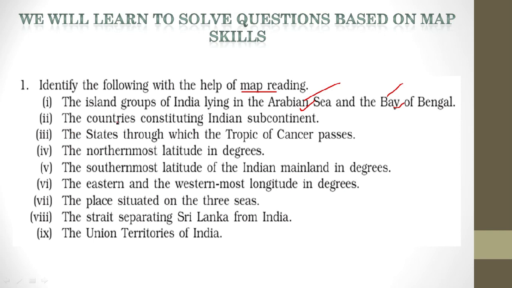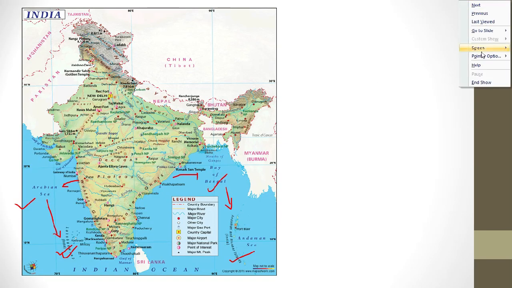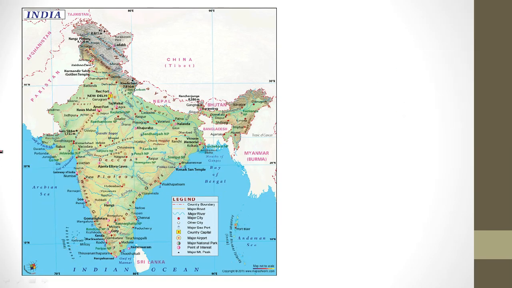The second question says, the countries constituting the Indian subcontinent. Now this is an important term, students. What do you actually understand by the term Indian subcontinent? For this we again need to go to the map. So students, the Indian subcontinent is basically a part of a continent. It actually denotes a geographical region which is surrounded by the Indian Ocean. So as we can see in the following map,